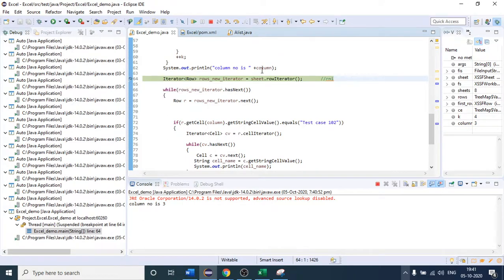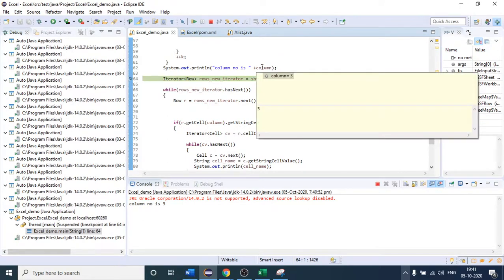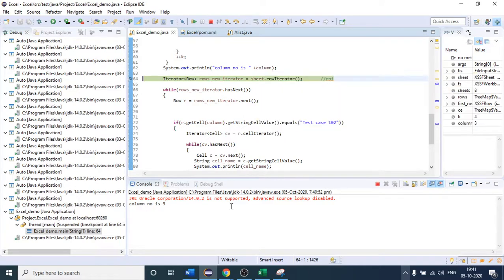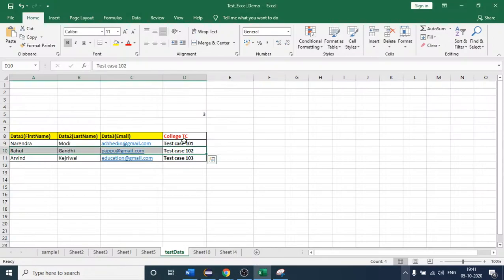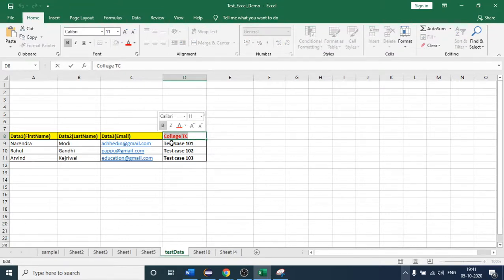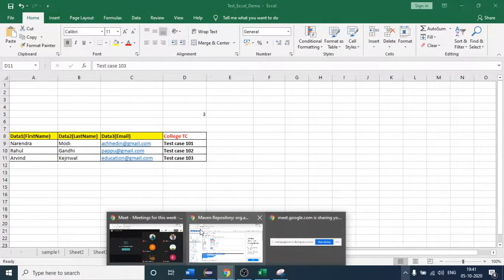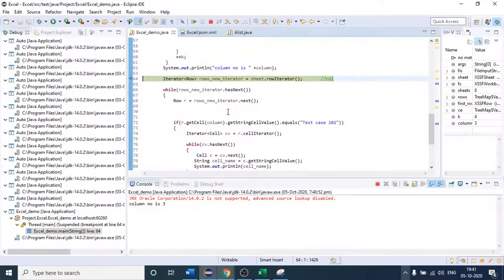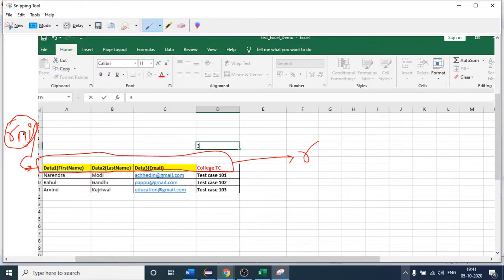Okay, after printing the desired column number, here we are checking at which column number this text is present. Once we get the text, or once we get where our actual test cases are present in the column, we will fetch this. Okay, so how will we do it? Again, I am saying that in our Eclipse, I have provided one iterator. I have written in short, rows new iterator. Okay, I have written it in short, and after that